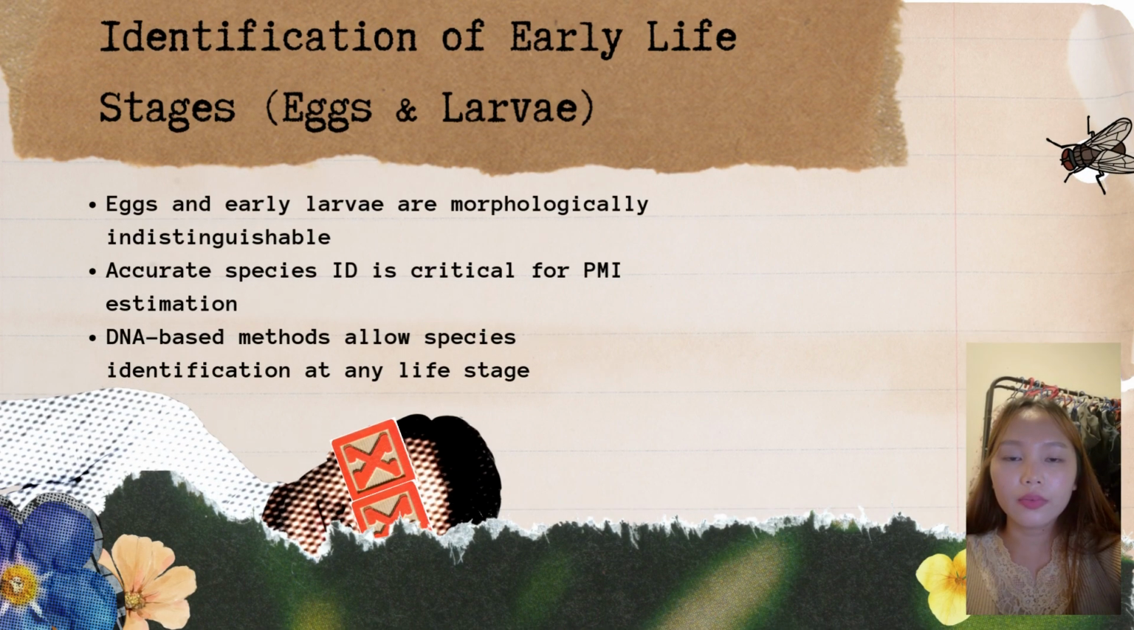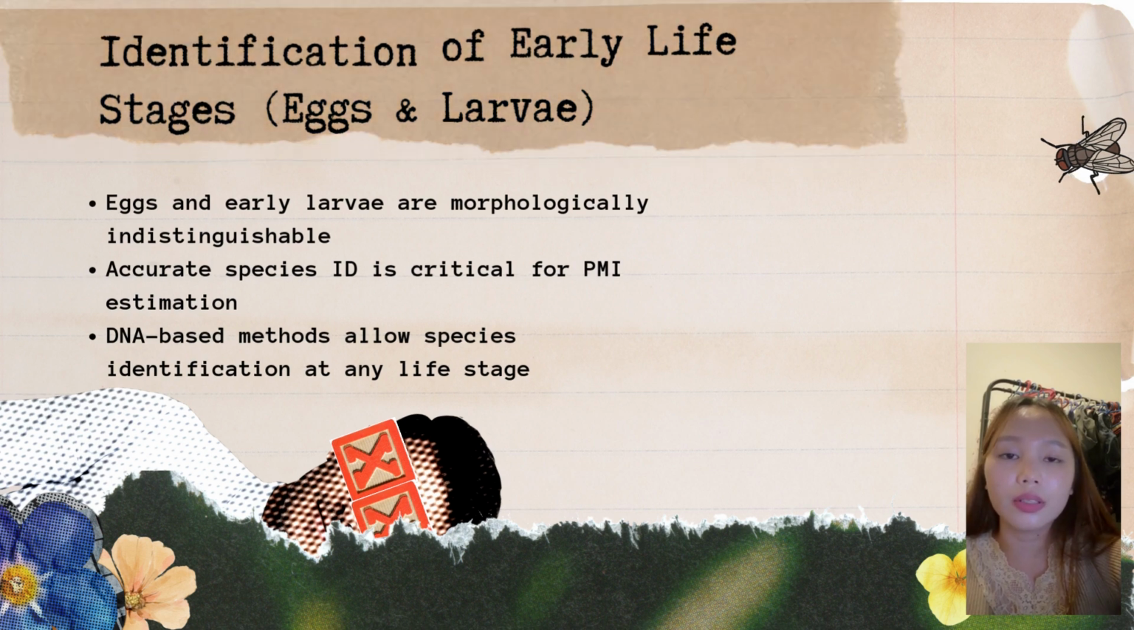Another major advantage of DNA metabarcoding is the identification of early insect life stages. These stages lack distinct morphological features, even for trained entomologists. However, accurate species identification at these early stages is important because different insect species develop at different rates, which directly affects postmortem interval estimation. By analyzing genetic markers like the COI gene, DNA metabarcoding allows reliable identification regardless of the